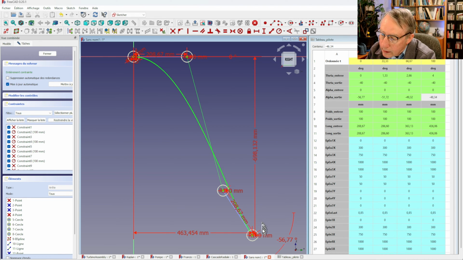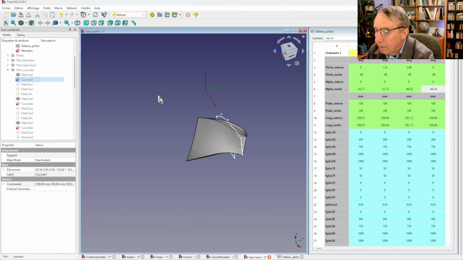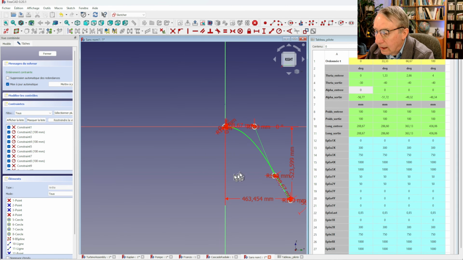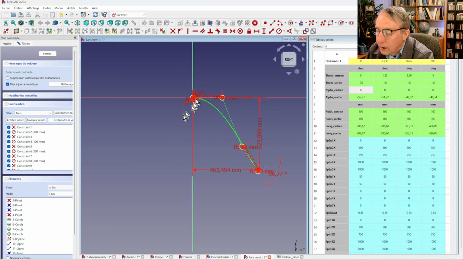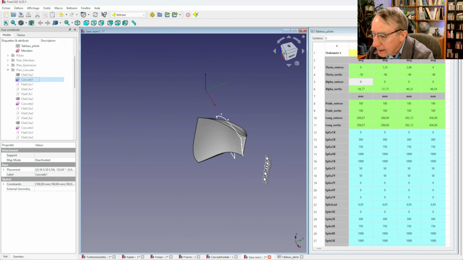We see also that there is a little inflection here in evolution of angle. It could be desirable to remove this inflection or to correct it slightly by decreasing the length of the blade. This can be performed by reducing at the bend your angular position. If we put -30, we can see the effect here. We shorten the blade at the bend. And if we come back to the cascade, so the cascade is more regular and more interesting from a fluid analysis point of view.